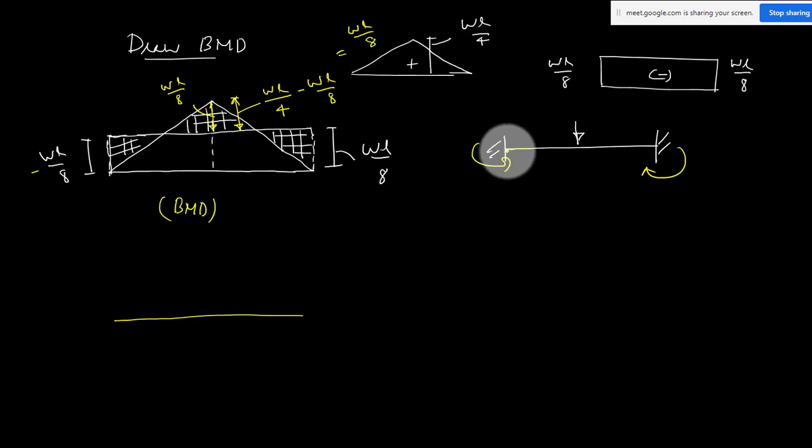So this is your deflected shape. At this fixed end, you are going to have a negative moment WL by 8, because this is a hogging moment. So this value is negative. But when you come to the center or midspan, what is the net value? This much positive minus this much negative. The net value is positive. That means this is your moment value at the midspan. This is WL by 8. Okay, it is also WL by 8.